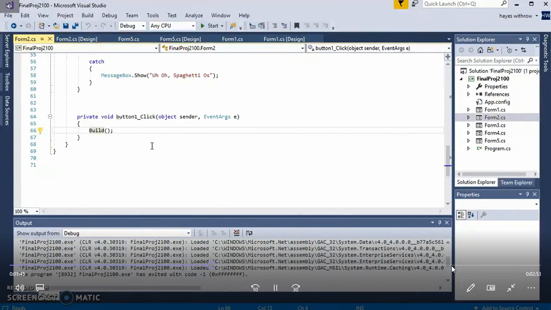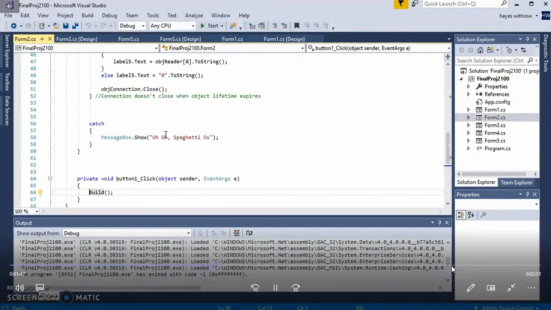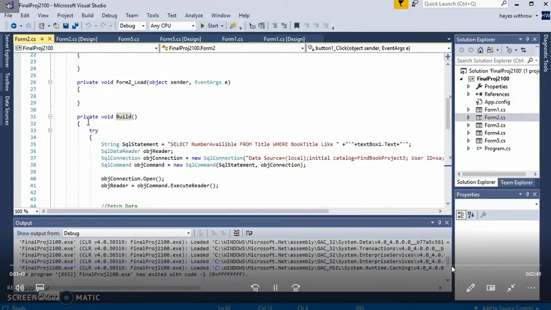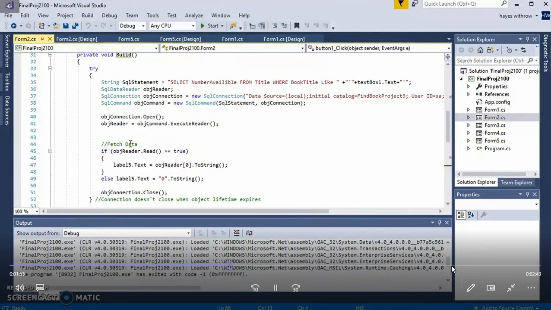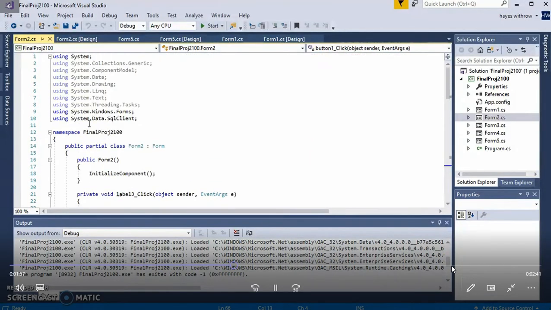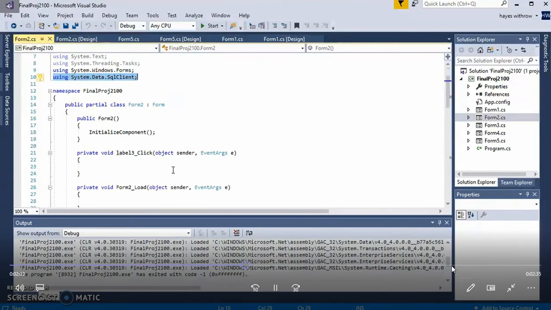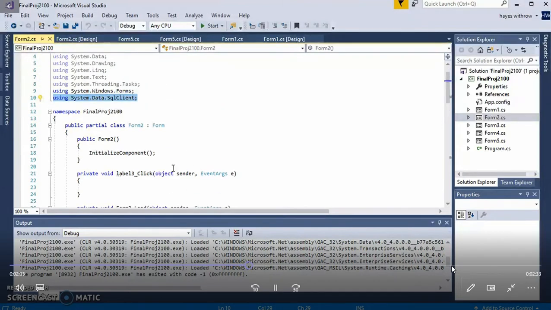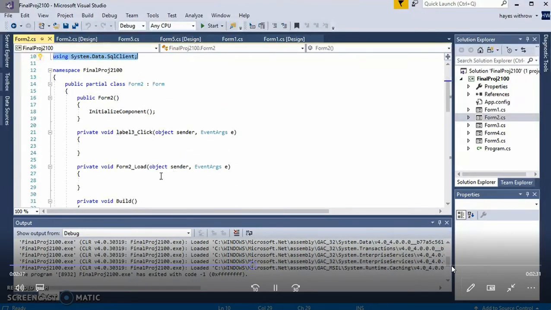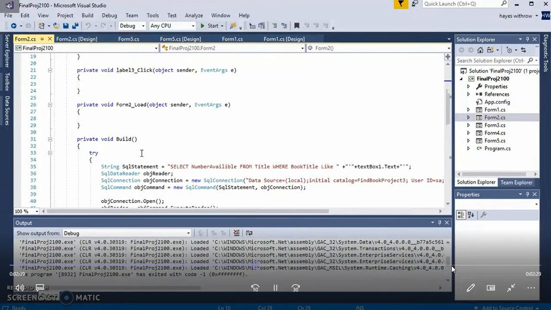And so beneath the button is the method called build, and private void method build is built up above. We used a try catch to make sure that it was running properly, and we entered using system.data.sql client to make sure that it was connected with SQL Server, to make sure that we could